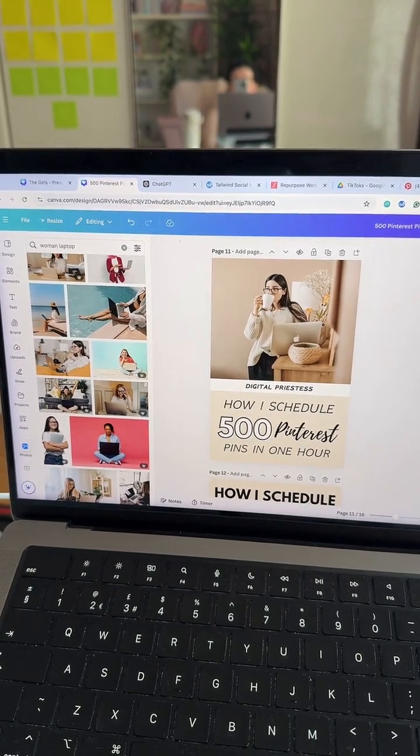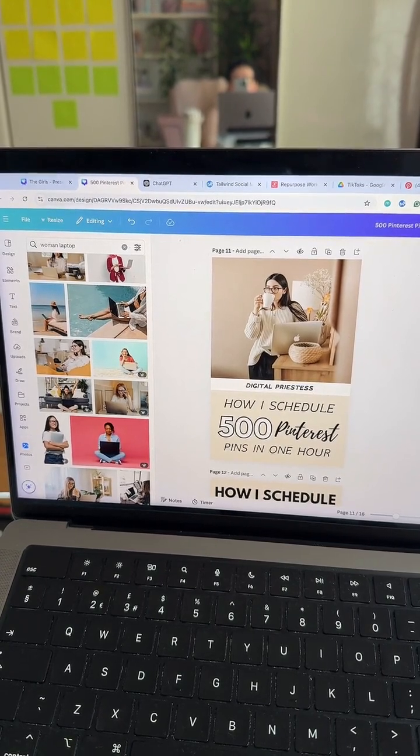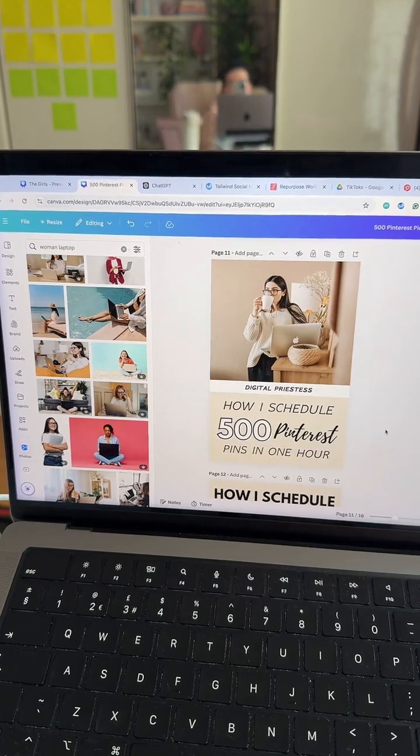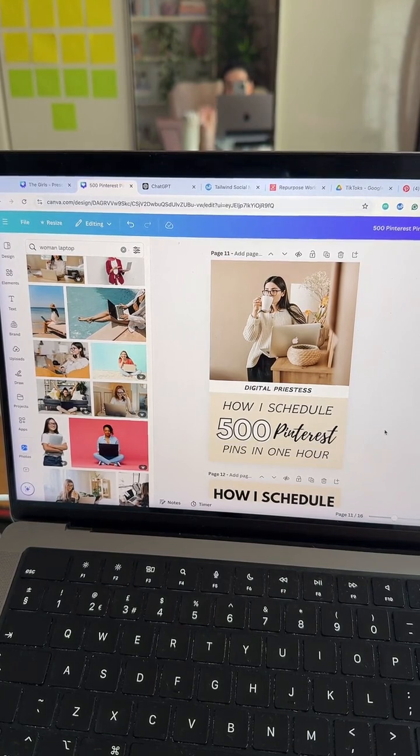I saw that Pinterest won't flag the fonts if they repeat, so we can have branding. I'd still recommend changing up these fonts. Even on my clients who have specific font styles and specific branding, I always say I'm still going to play around with the fonts and use different ones, because Pinterest likes diverse pins, so it doesn't actually like the same all the time.